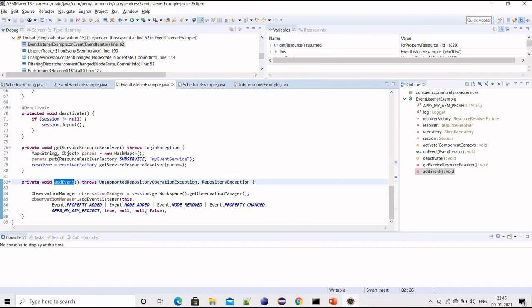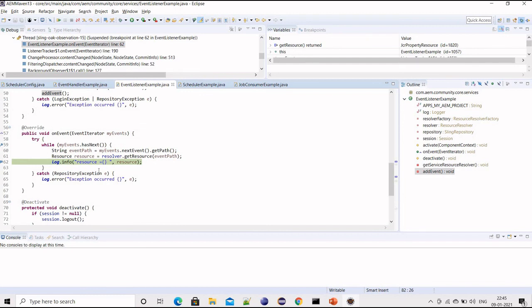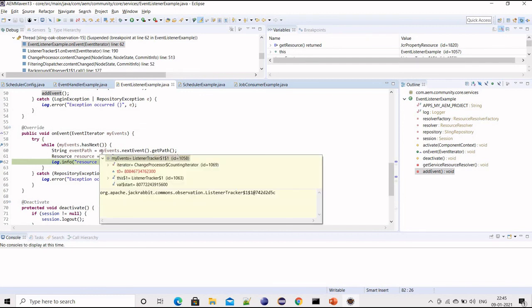For adding the event, we need a few parameters, for which events you want to add it, and that's it. Then we have the onEvent method, in which I write what I want to do when this event occurs.